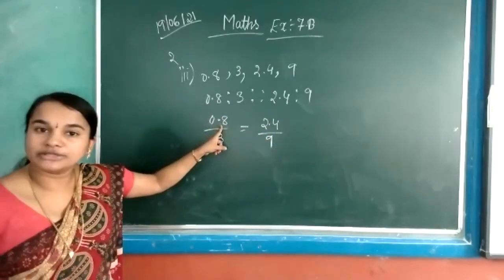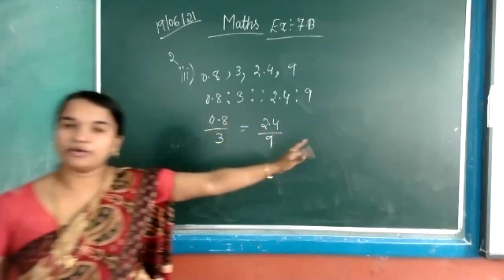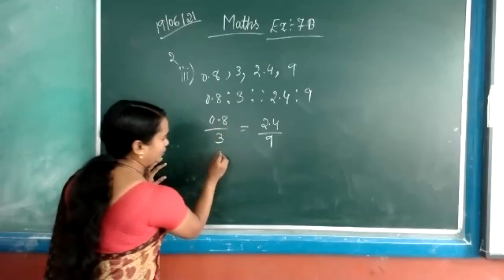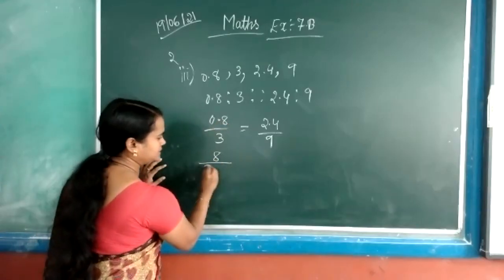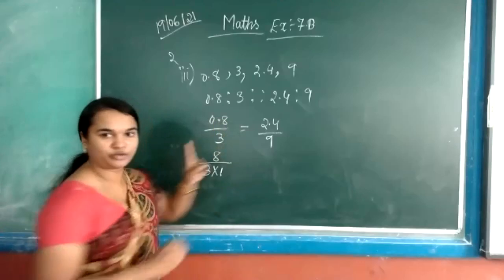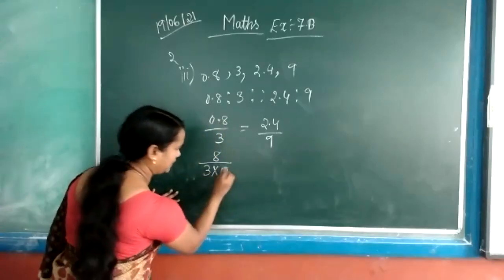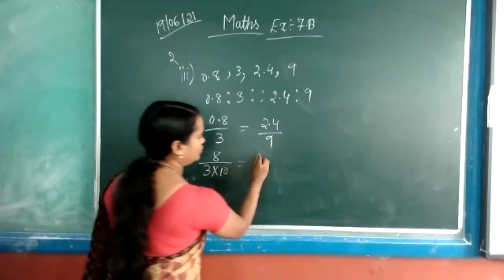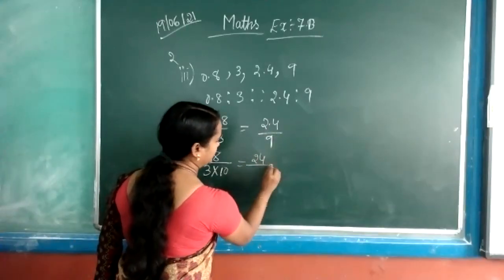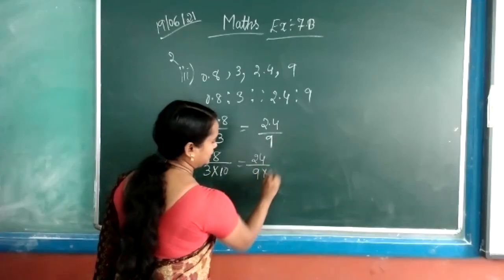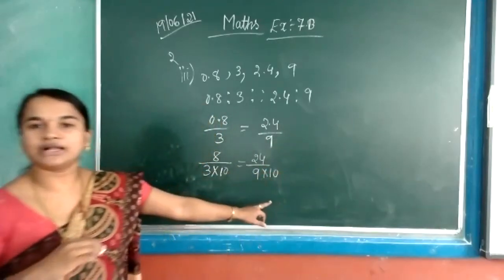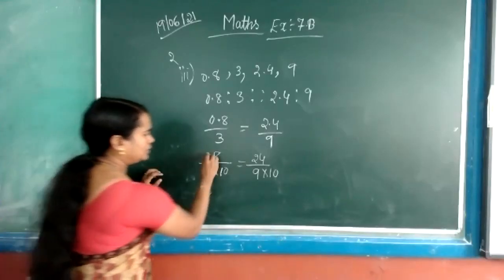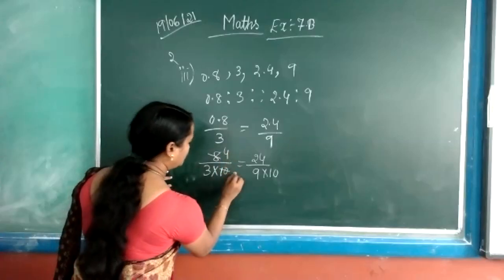Okay, now we will remove the decimal point. Removing the decimal point, in previous class also I explained to you. When we are removing a point, after the point there is only a single digit, that means it will become 10. Clear? The same thing here also. I am removing the decimal point. So 24, 9. When I remove the decimal point, it will become 10. Clear? Now 2 4 is 8, 2 5 is 10.